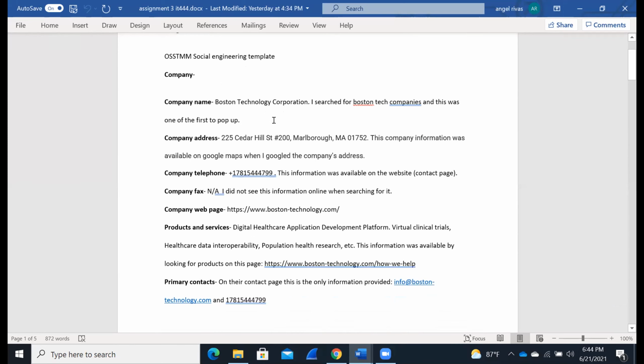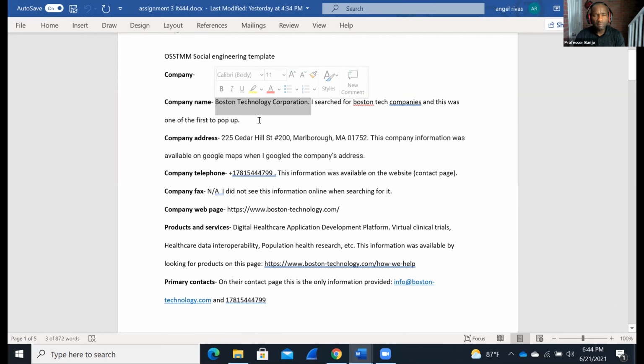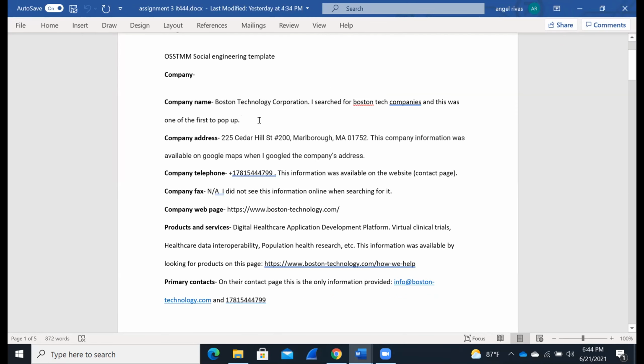So I just looked up tech companies, Boston tech companies, just random. I like technology, so I mean, I'm in this major, right? So I chose. Surprise, surprise, right? You like technology. Oh yeah. So I picked one of the first ones I saw. I was like, oh, Boston Technology Corporation, haven't heard of it. Very random for me. So I started looking up the information. I got the address. It was available right there on Google Maps. You can see how to get there, directions.